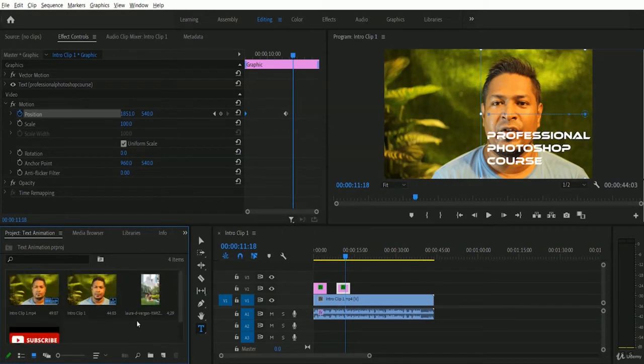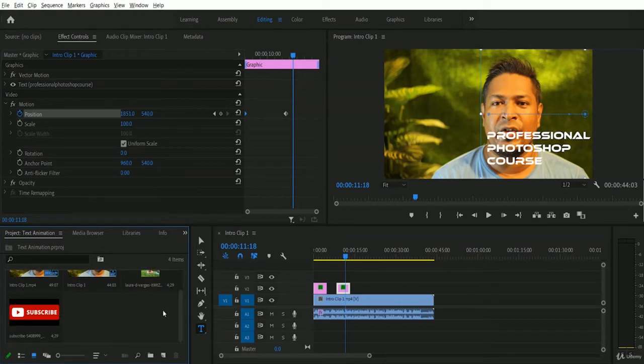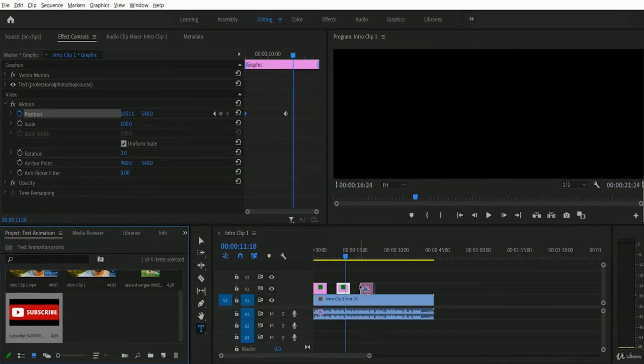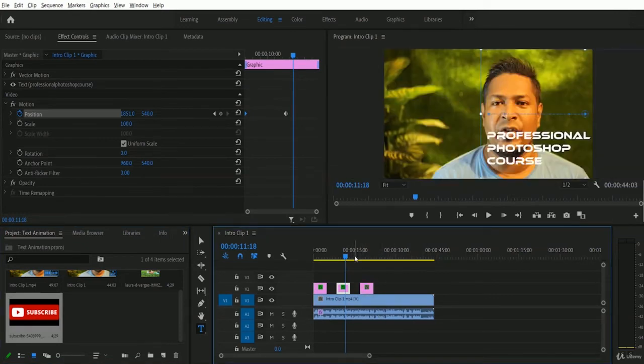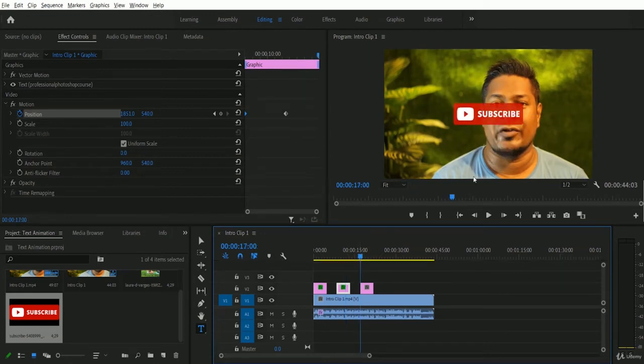At first I'm going to work with the rotation, and that's why I want to place this subscribe image at our project timeline. You have to drag and drop this image, and I want to place it over here. So let's place the indication bar on our subscribe image. Okay, so this is the subscribe image, and I want to place it at the right bottom and make a rotation animation for this